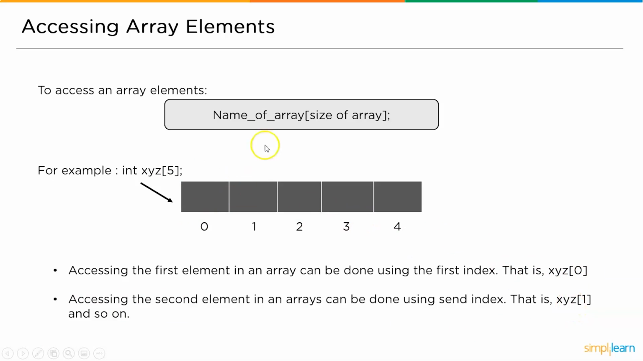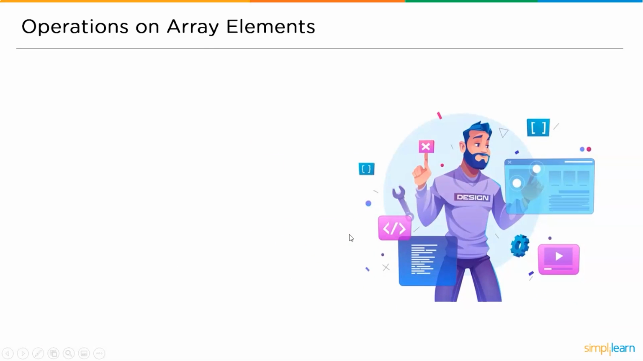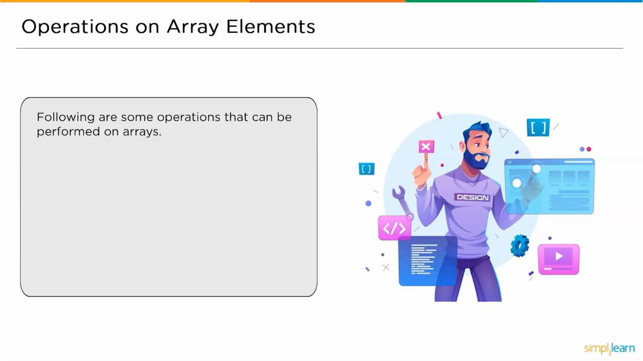xyz of 1 will be the second element, xyz of 2, 3, 4 will be the third, fourth and fifth elements. Now let us understand some basic operations that can be performed on the array elements. The following are the operations that can be performed on the array elements: traversal, insertion, deletion, searching, and sorting. Now let us get into practical mode and try to execute some examples based on traversal of